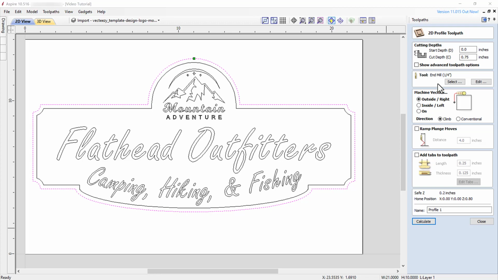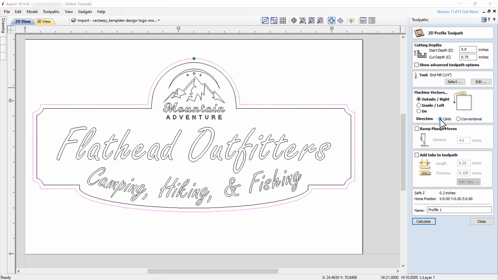Again, keep in mind that the settings we choose here need to be chosen to be safe and appropriate for your particular CNC machine. These parameters will not necessarily be safe and appropriate for your particular machine. We will be machining the vector on the outside of the vector, and we will be using climb cutting for our direction of cut.